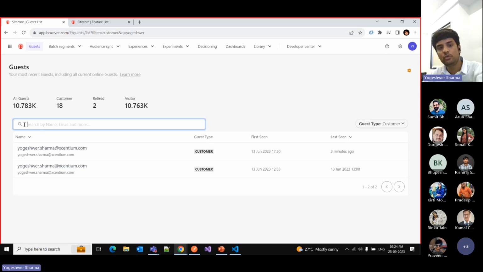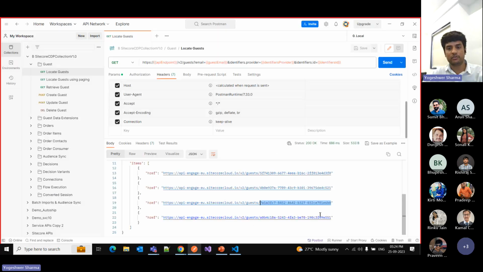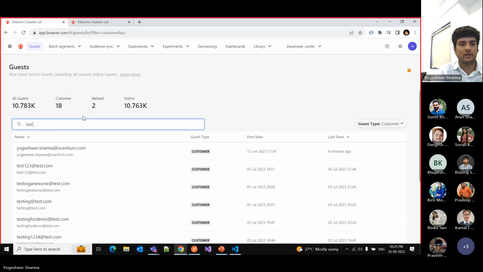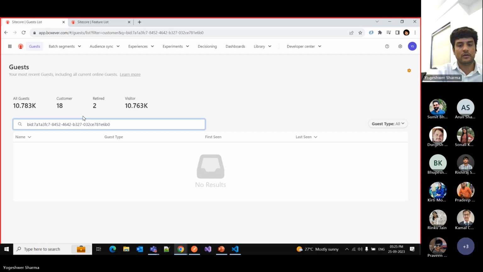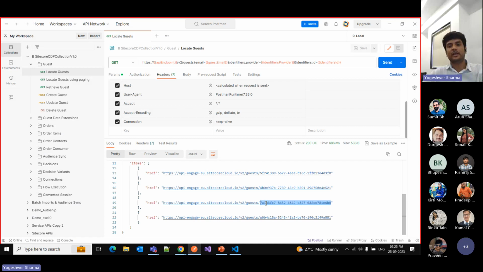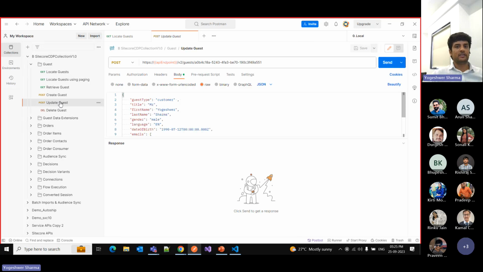Maybe I can also search for the guest references. But these are four activities or four cache types present for that particular email ID. If I want to update any information,